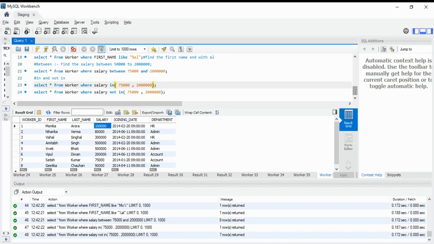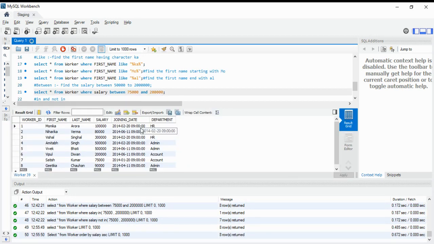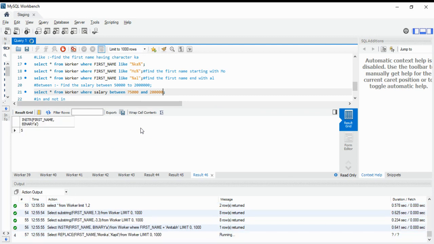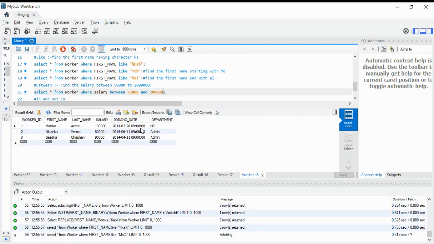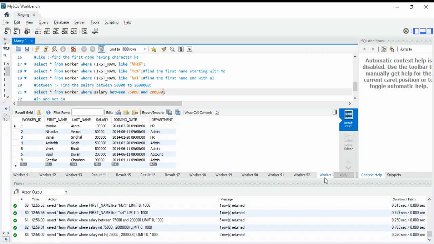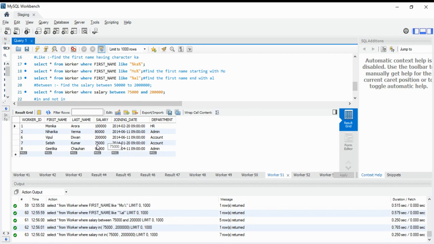Sorry, this is 20 lakh. It should be 2 lakh. So the output is this: 75, 90, 2 lakh, 80,000, and 1 lakh.